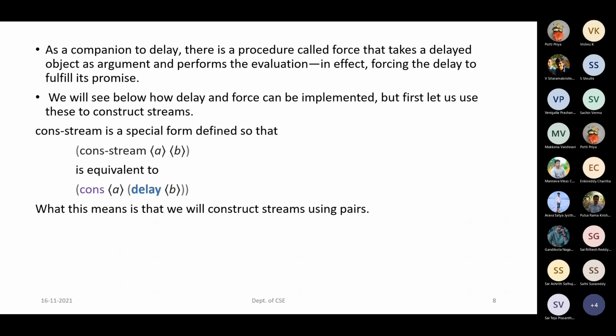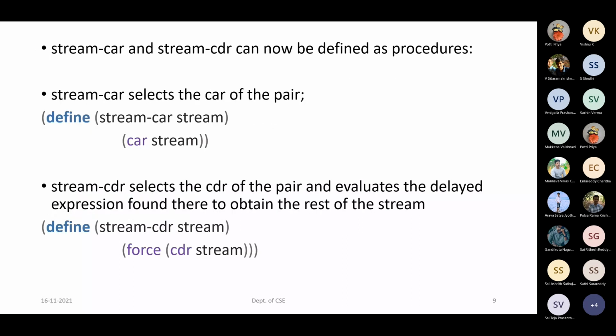Okay, so you are applying a delay to it. So that's what it says. Whenever, so delay is a primitive procedure. First, if you are having the delay applied onto the constructor part, now what we have to do is remove it in CDR. When we are applying the CDR, there we have to apply the force.